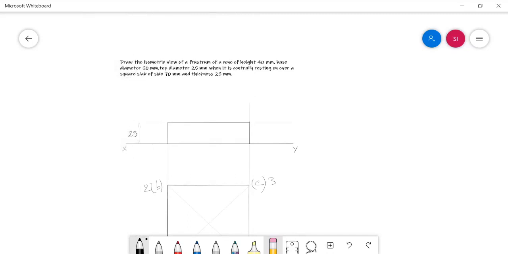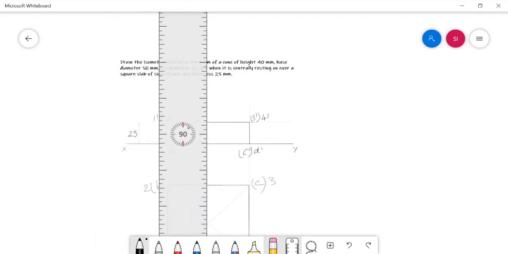The corners can be named, along with the axis.